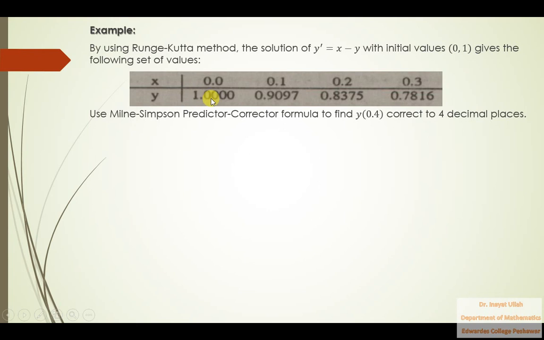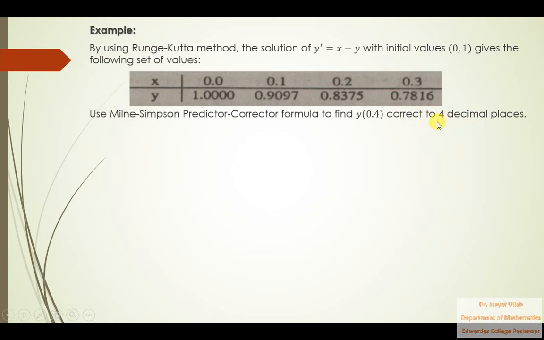This value of y is actually y of 0.0. This value of y is actually y of 0.1. This value of y is y of 0.2, and similarly this is y of 0.3. We need to calculate y of 0.4, which is the upcoming value here, correct to 4